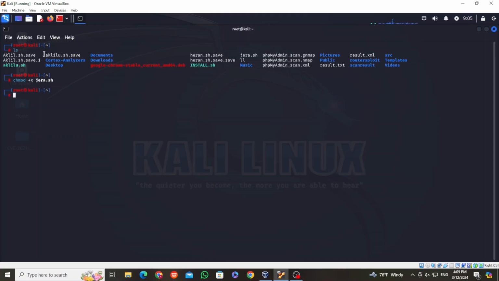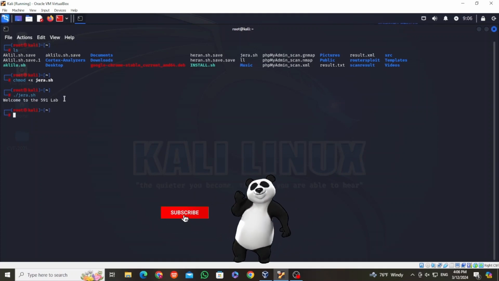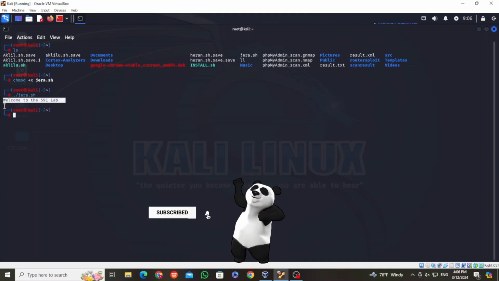So now we can make it executable, then we can run our shell script by using this method. So we get that welcome to 591 lab. This is a basic and simple example of how we can run shell scripting on the Linux